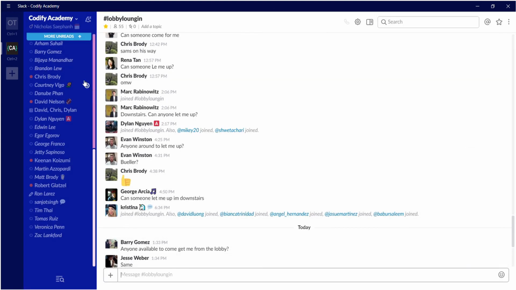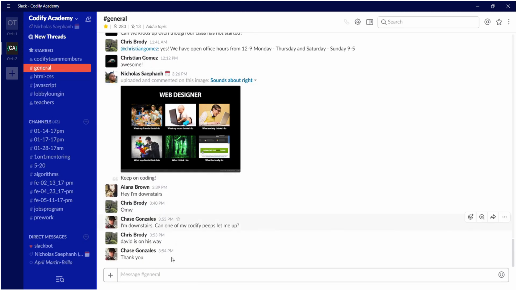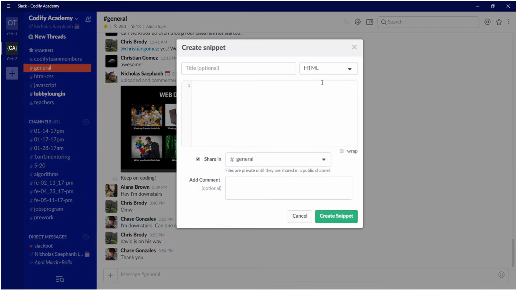Another very cool feature is actually sharing code snippets. I'm going to go back to the general channel, and if I go down to where I usually write my message, you see this plus symbol that turns green when I hover over it. If I click it, a menu pops up. I could share a file from my computer, I could share a post, or I could share a code or text snippet. If I click on code or text snippet, here in the top right, you could see that I could choose which language I want to share it in.